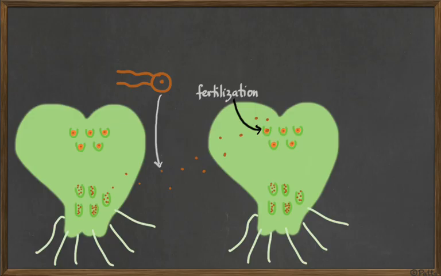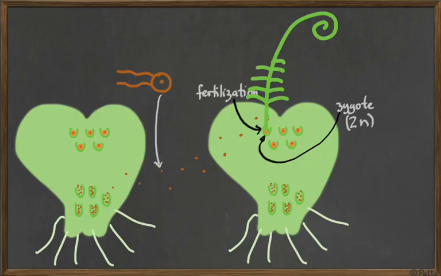They have the little flagellum over there. And once you have the fertilization, then you're going to be forming a zygote. Now it's diploid, the same thing as happened in the bryophytes. And from the zygote, we are going to be growing a new sporophyte, a new fern plant, which here